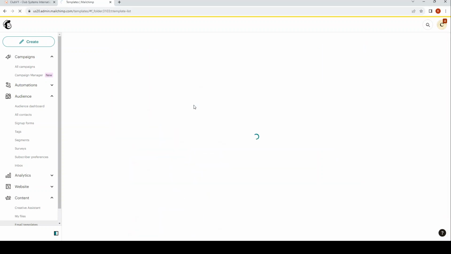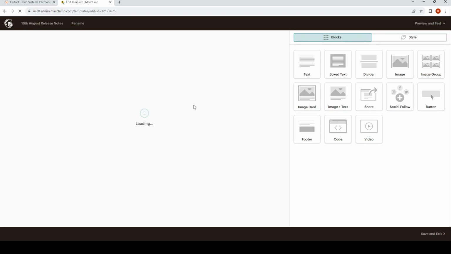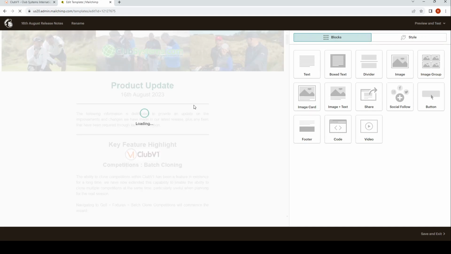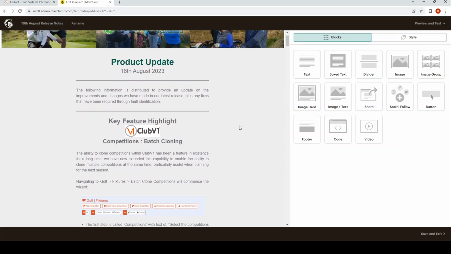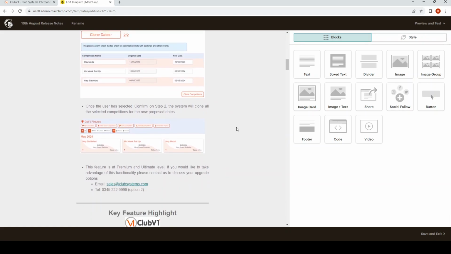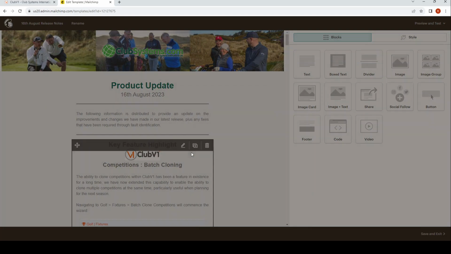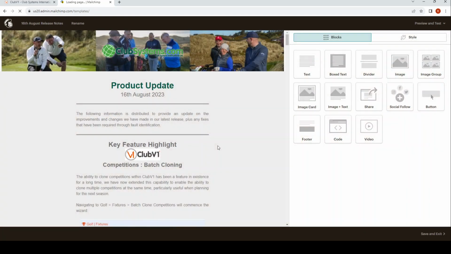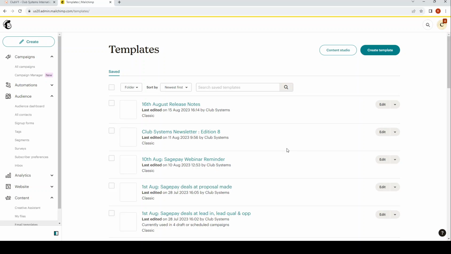And to create that newsletter within Mailchimp, or that template, we'll not go through that in huge detail now, but essentially it is a fairly simple type, drag, drop, import pictures, etc. In order for us to be able to create this, which we send to you each time we do a release of the system. So let's come out of that. Just give it a second to reload back up. Okay, from the templates here,